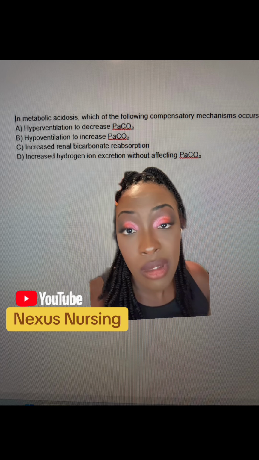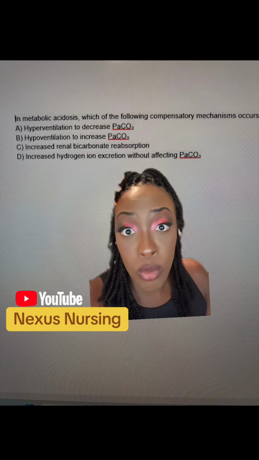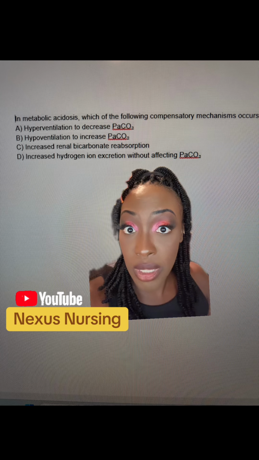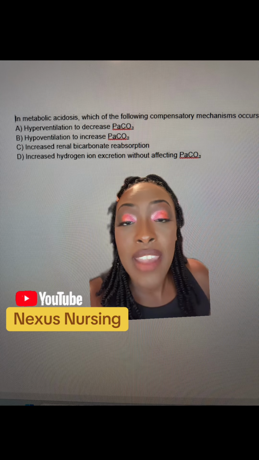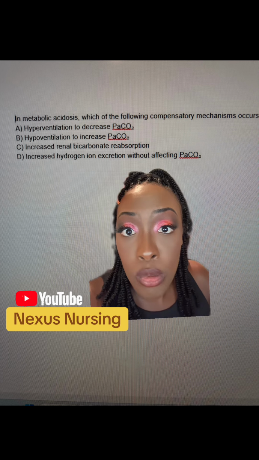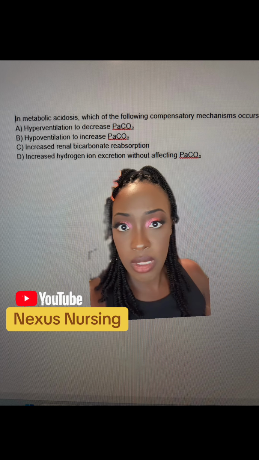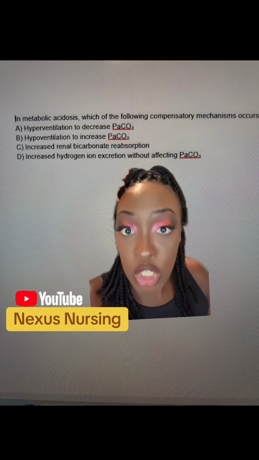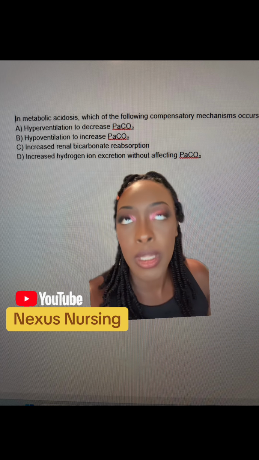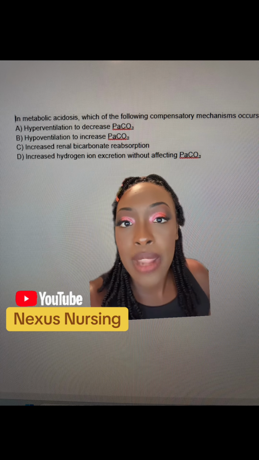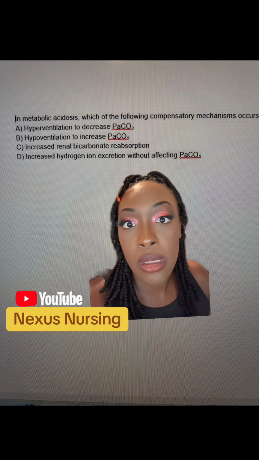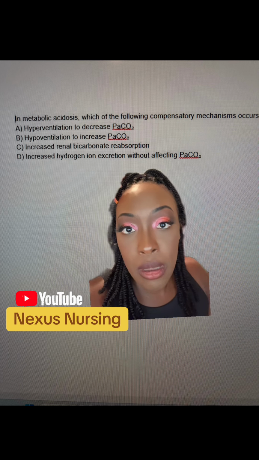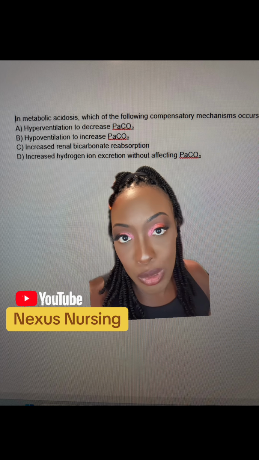It's still the lungs. The lungs can only do one of two things: speed up and blow off all that CO2, or slow down the breathing and hold on to all the CO2. If the patient was in metabolic alkalosis, they didn't have enough CO2. They've got too much bicarb. The lungs are going to do what? Slow down respirations to make you hold on to all of that CO2 to bring you back into balance. Okay, so that's the patho. That's how you have to think about what's happening in the body to make sure that you choose the correct answer.